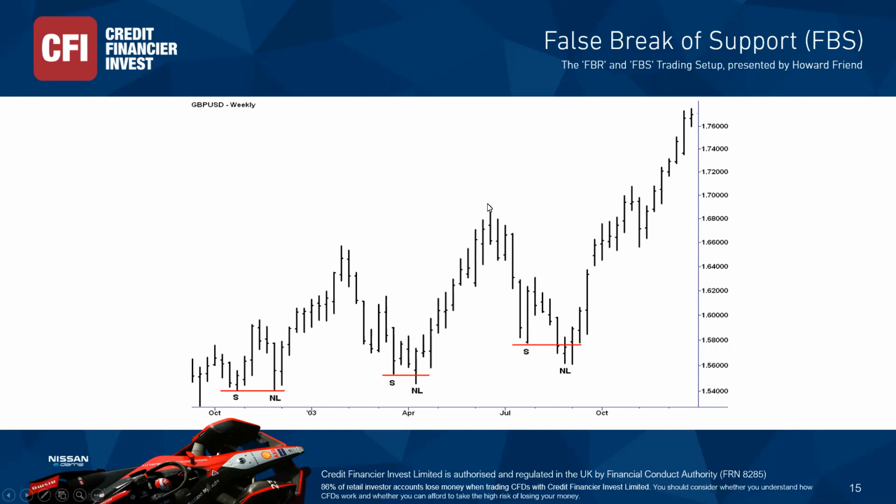Okay, in this case, after this aggressive move higher, we get a reversal bar, then cable starts to trend down. Boom, boom, a bit of a double thrust to the downside, a correction higher after the double thrust, and then the market breaks down again, makes the new low, again breaking through support, this time closing below it, so looking quite bearish on the close. Next bar pushes lower, but again closes just marginally below the line, and on this next week they make a marginal new low for the trend,